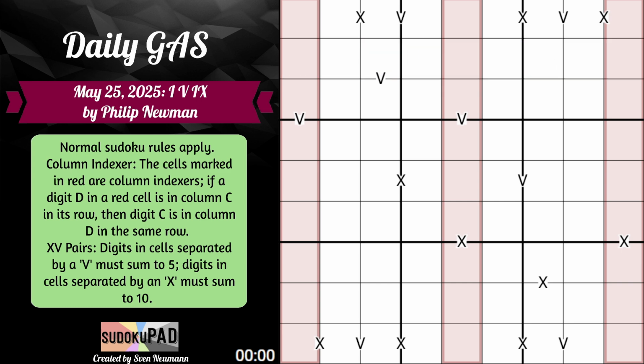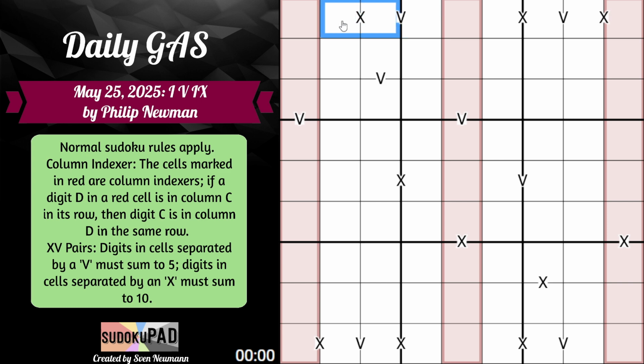Then we have our XV pairs. V is the Roman numeral for 5. These are our pairs 1, 4, and 2, 3. And X is the Roman numeral for 10. So those are our pairs 1, 9, 2, 8, 3, 7, and 4, 6,